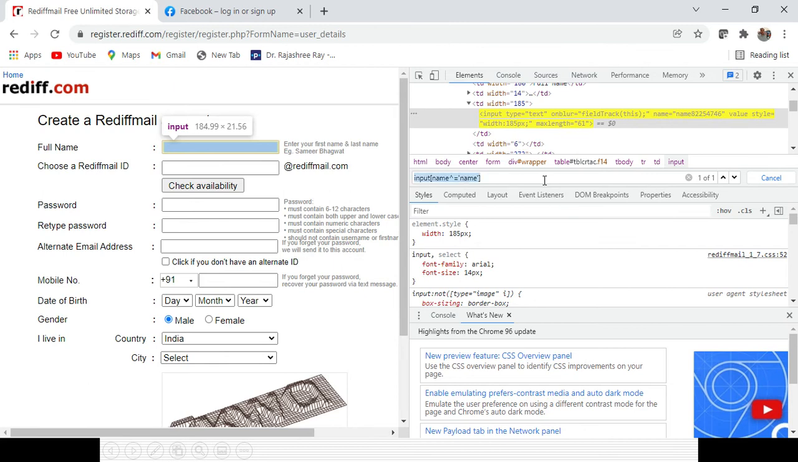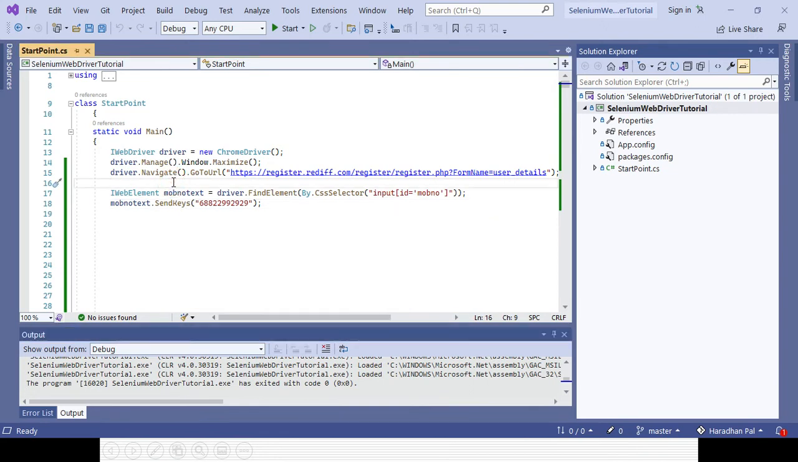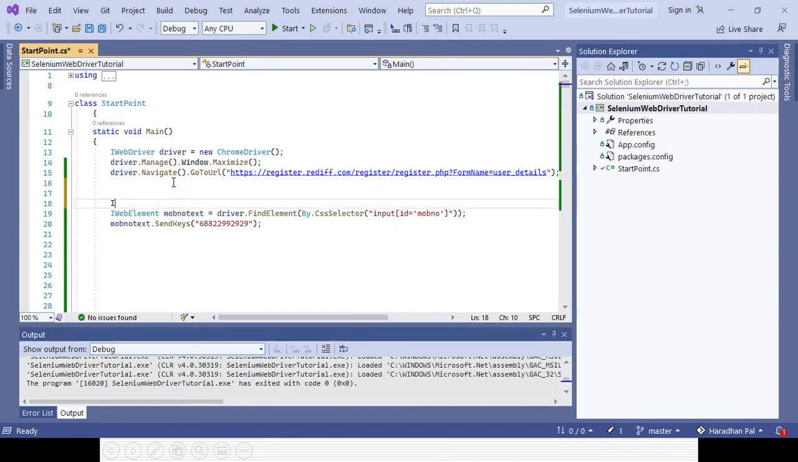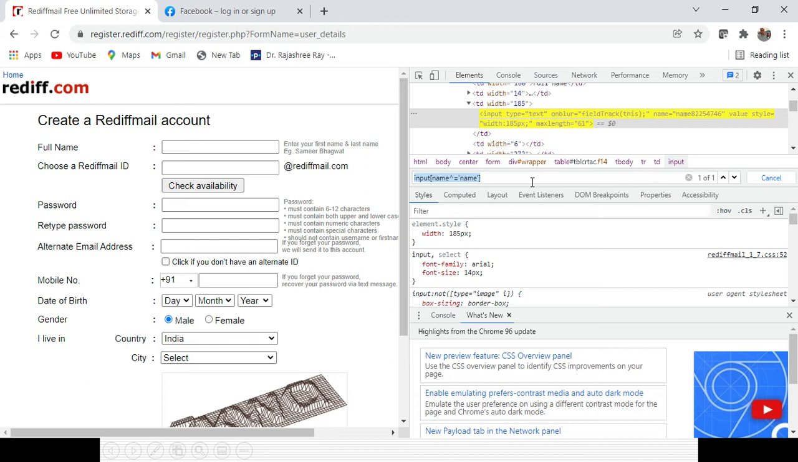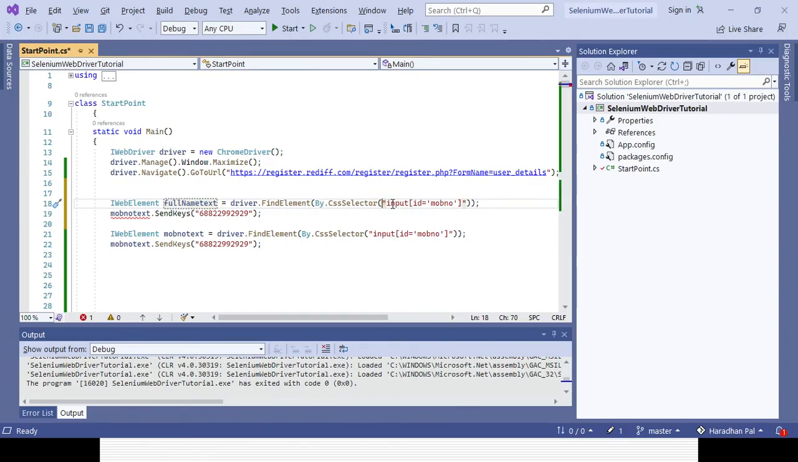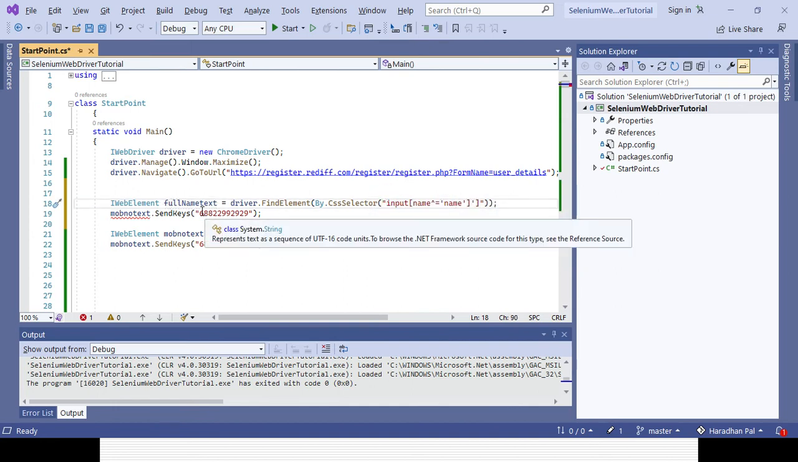Let's try to create the XPath for the web element full name, right? And let's try to enter some value here. So I'll be creating another web element. Okay, so let's create another web element here, which is the full name text. Here I will be changing the XPath, sorry, CSS selector, which is the input name equal to name, right? And here I can enter sendKeys, my name,